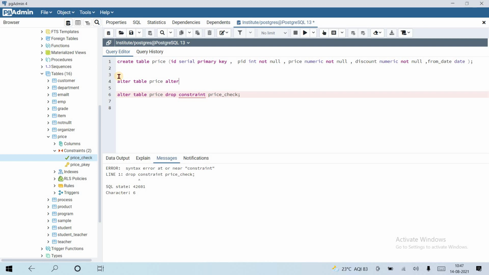We know that the table has the price check constraint, so there is no need to specify the column every time, so we can directly use price check. So rename to... no, first which constraint we have to rename, that is price check. Rename price check